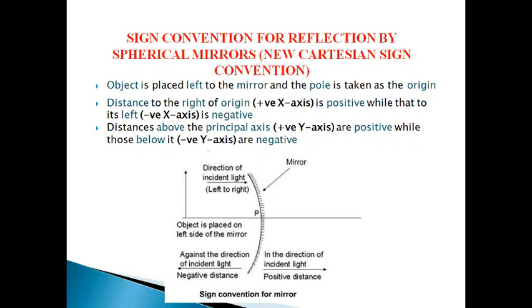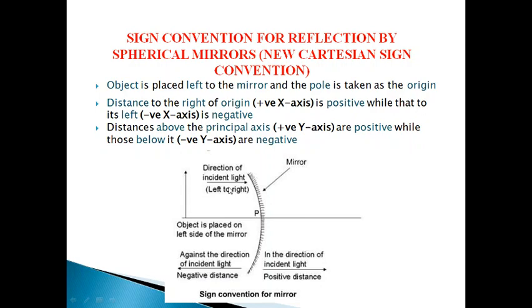So first sign convention is that the object, this is the object, is always placed to the left of the mirror. See, this side is the left side of the mirror and this side is the right side of the mirror. तो हमेशा ऑब्जेक्ट को कहाँ रखना है? हमेशा लेफ्ट साइड पर रखना है. This means that the light from the object falls on the mirror from the left hand side,